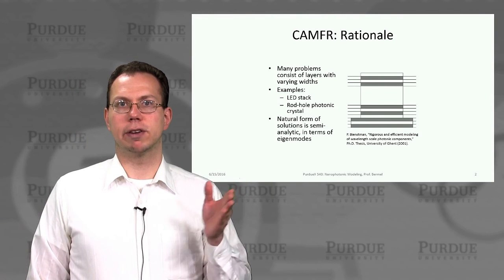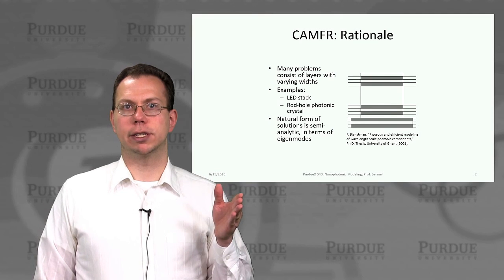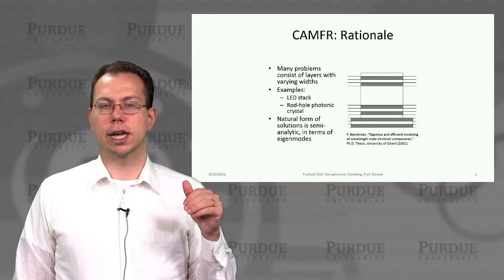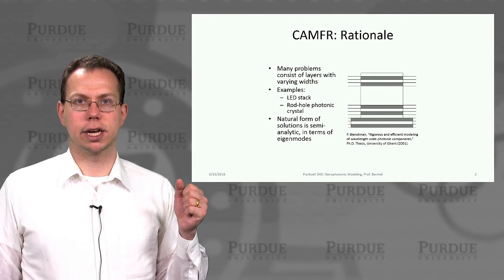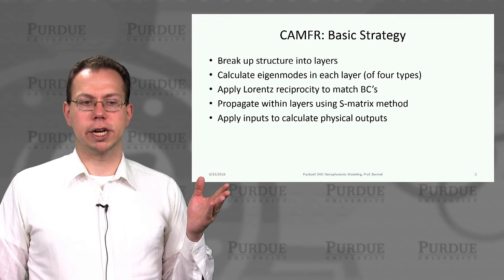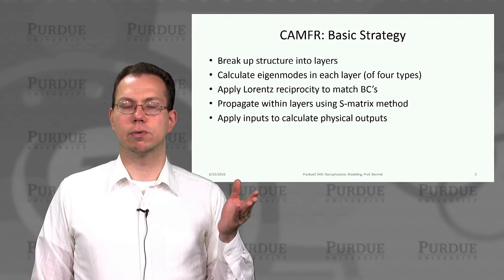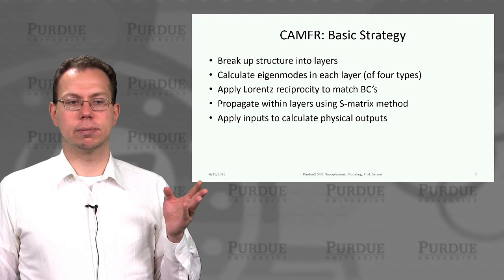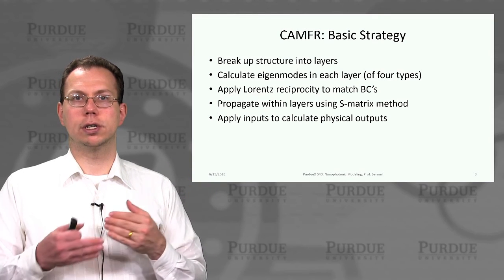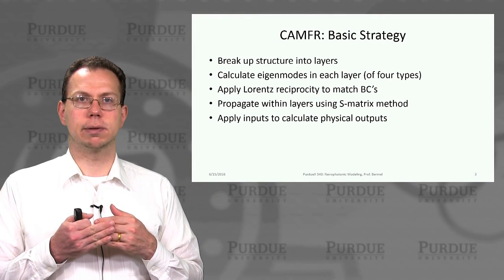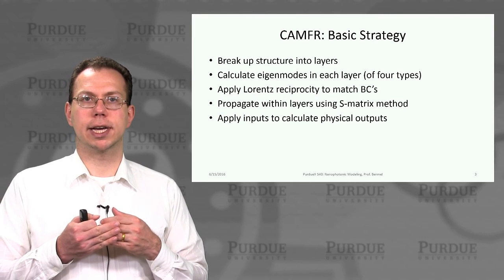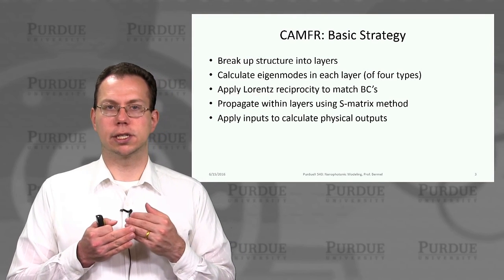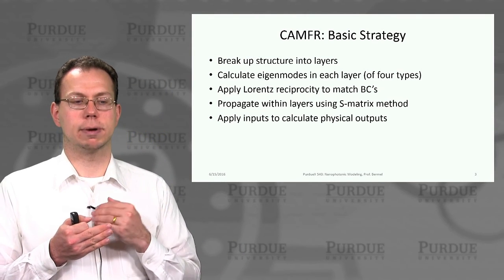And so this is a slight modification of the earlier approach, in which we basically assumed all the quote-unquote eigenmodes are basically plane waves. And so now we're generalizing to say eigenmodes will be whatever they are. So again, we're going to break up the structure into layers, but then we'll calculate the eigenmodes in each layer. And we'll go into more details about what kind of eigenmodes are possible. And then in order to match the boundary conditions, since we don't have a simple plane wave formulation, we'll need a more sophisticated way to match these different modes across the boundaries, which is called Lorentz reciprocity, which we'll talk about soon as well.